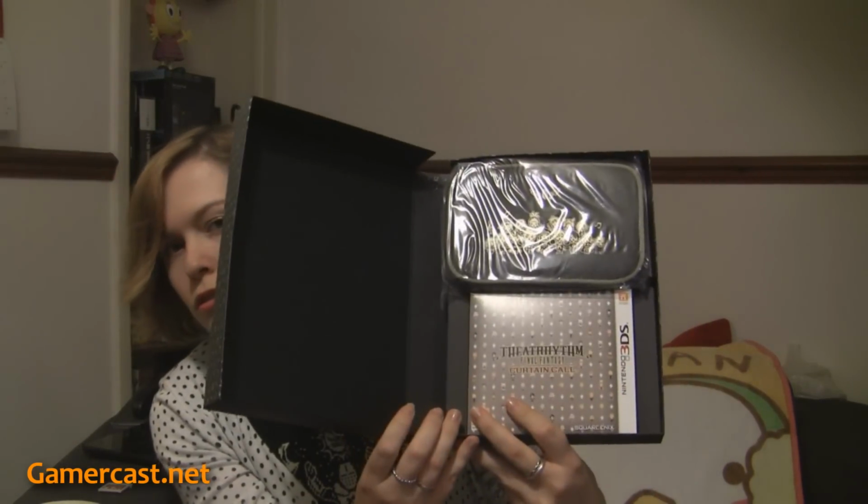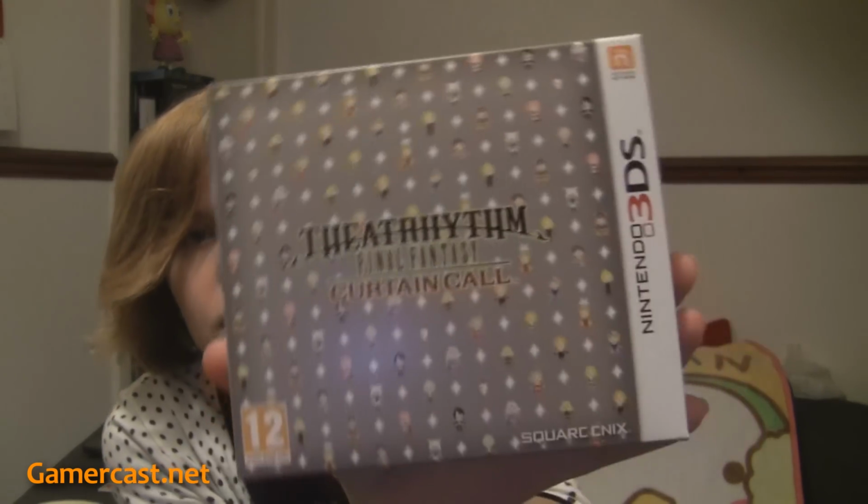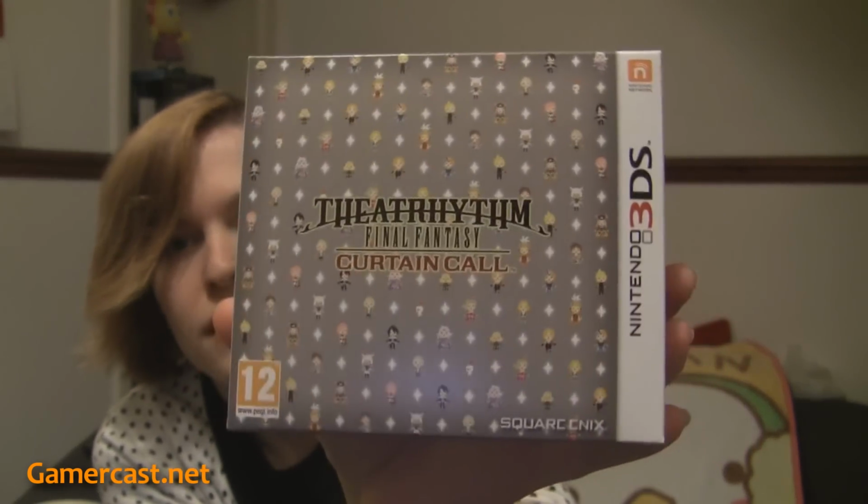So inside we've got a few bits and bobs. It's not a huge amount of stuff, more than the limited edition which was released, which is this. This is the box that comes in the box. So this was the kind of standard special edition that they released of the game, and you get it boxed inside. So if I can